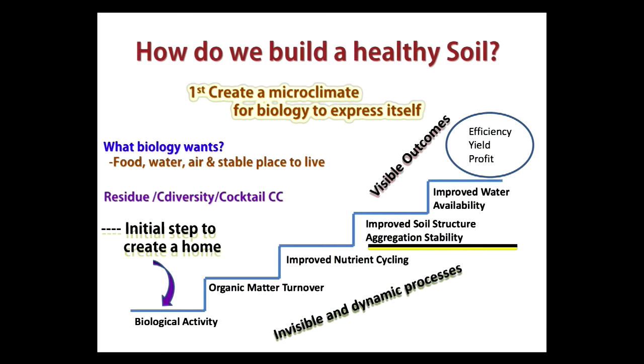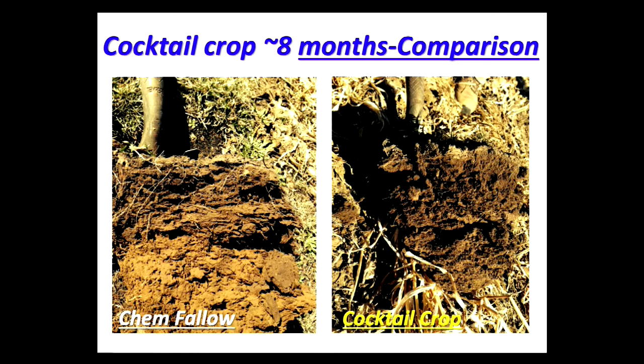There are things that you can see in there, like you will see aggregation, but you won't see what's really happened in there. With that in mind, I just want to let me check time, very quickly about the soil. A little experiment that I did having cocktail mixes in there. And this is just to show. Did you see this part here where it is kind of compacted and platy structures in there? This is a fallow with a cocktail crop that I put in the field for less than 3 months, and then I found a big difference in the soil